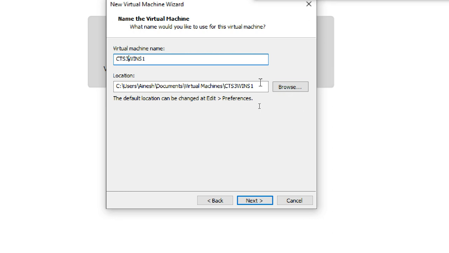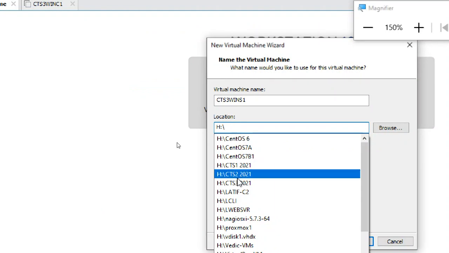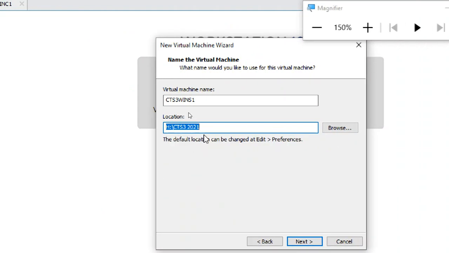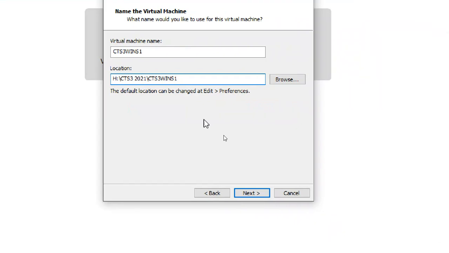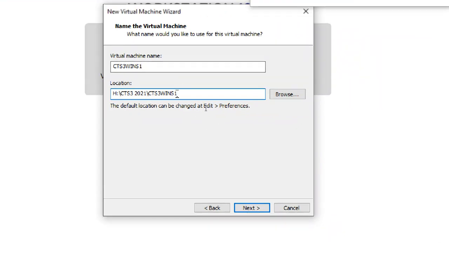Okay. So I always store my virtual machine in the H drive, and I created a folder for you. For the next batch I will change the names. I will delete all the data, it is better. So I copy my name, and what happens is a subfolder is created in the main folder. All the virtual machine files are stored there only. If any issues occur, or you want to delete it or copy it, it is very helpful if you keep it in a folder.